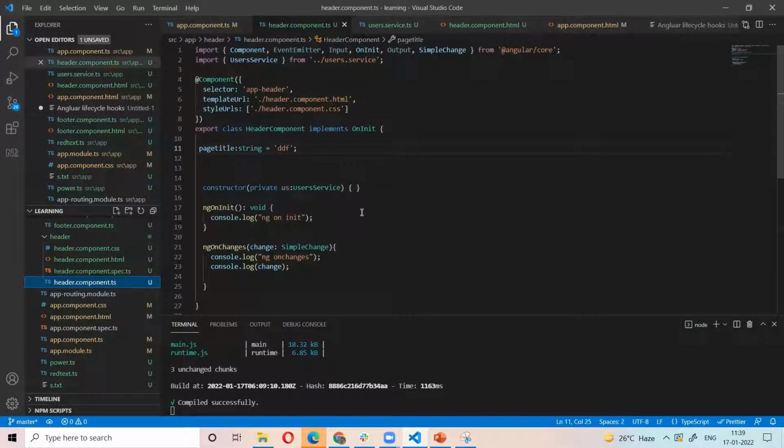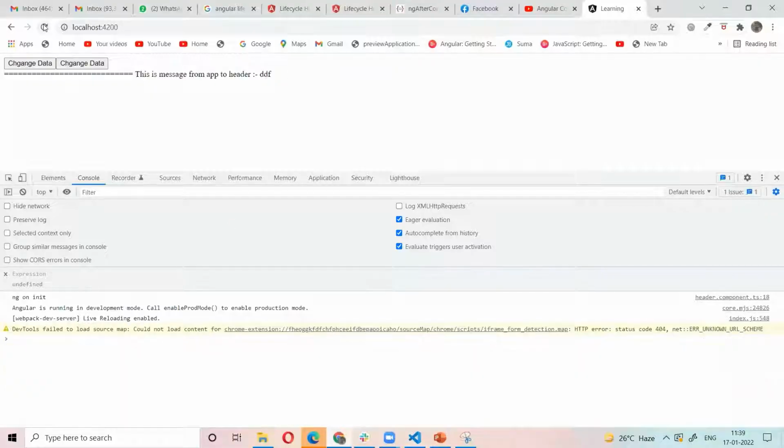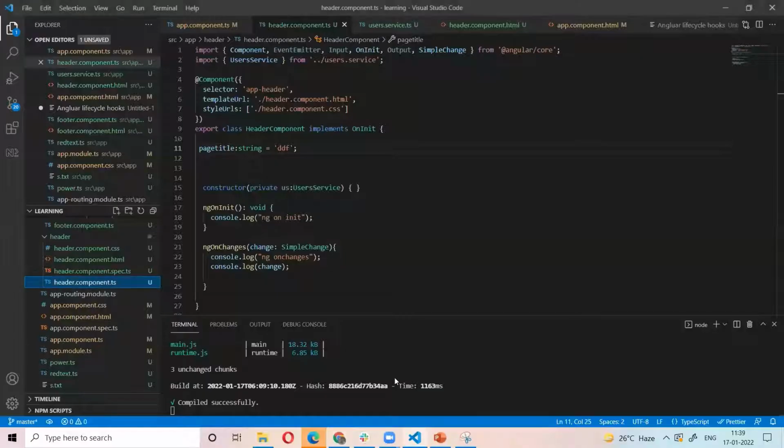This data is not from the outside. ngOnInit will be called, because for initializing the class we don't need any data from the outside. If we want any data from the outside, then the initialization will happen after the data is received, then the class will be initialized. Okay, got you. Thanks.